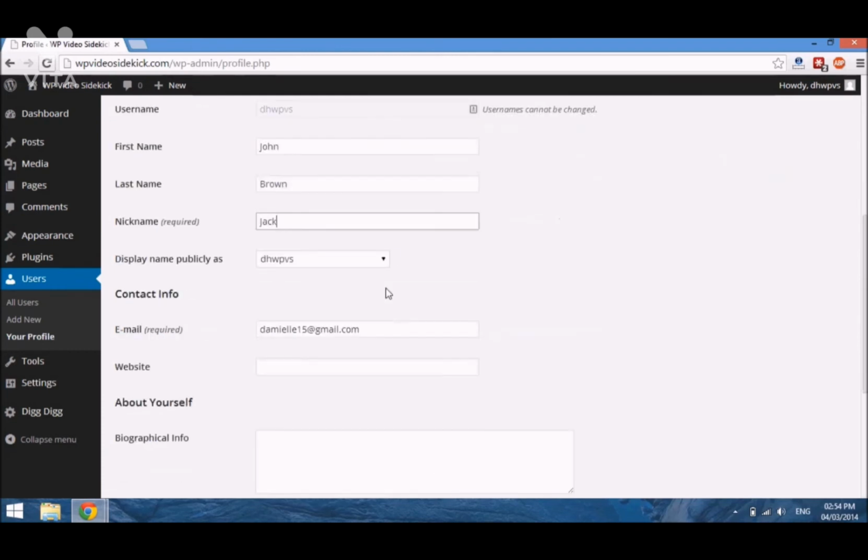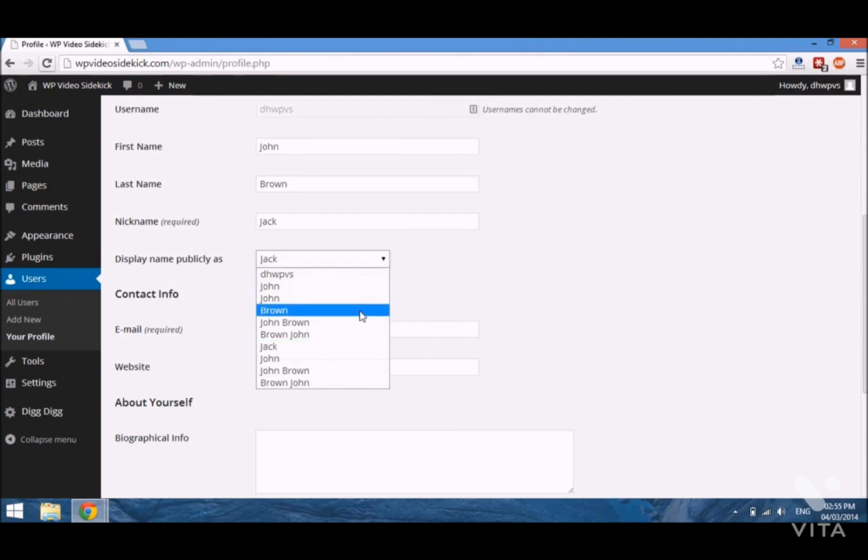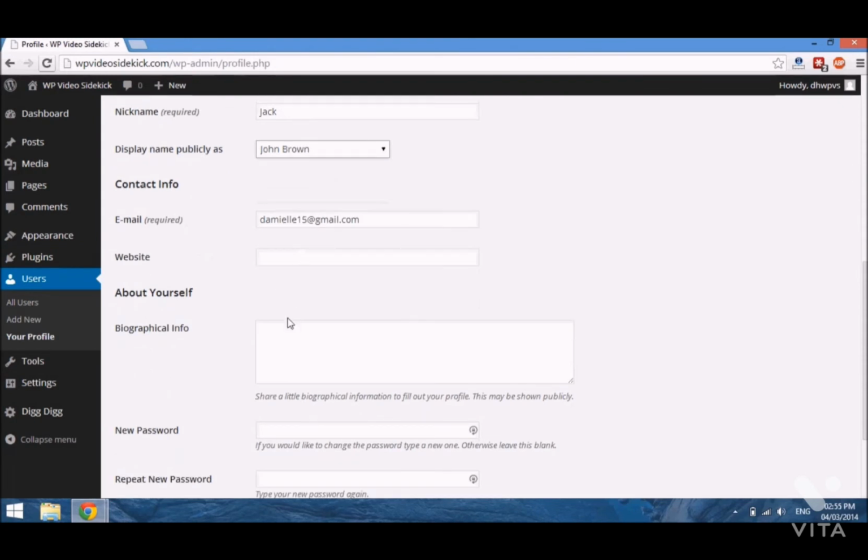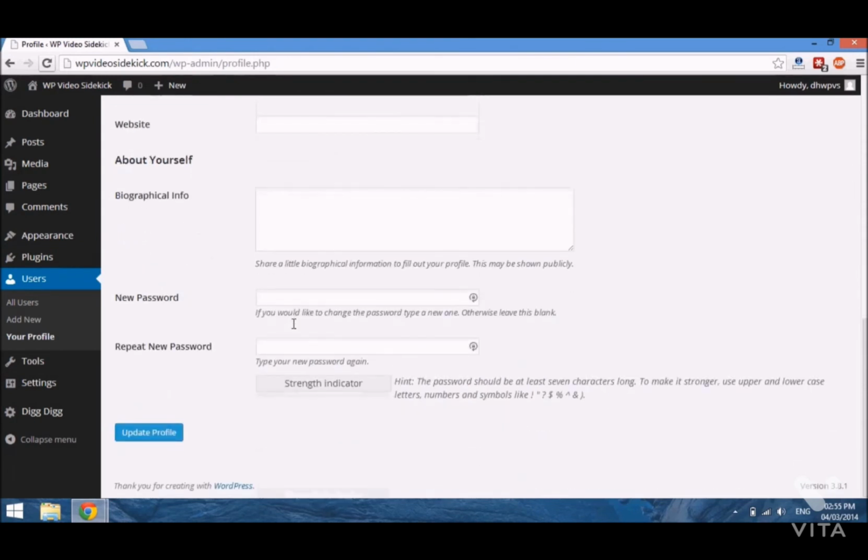And then I'll have the option to display a name publicly that may be separate or different or a shortened version of my full name. So for example, I could put Jack for my posts and pages, or I could put my full name, John Brown, and we can also change our contact information here, put a link back to our website, some additional bio information,